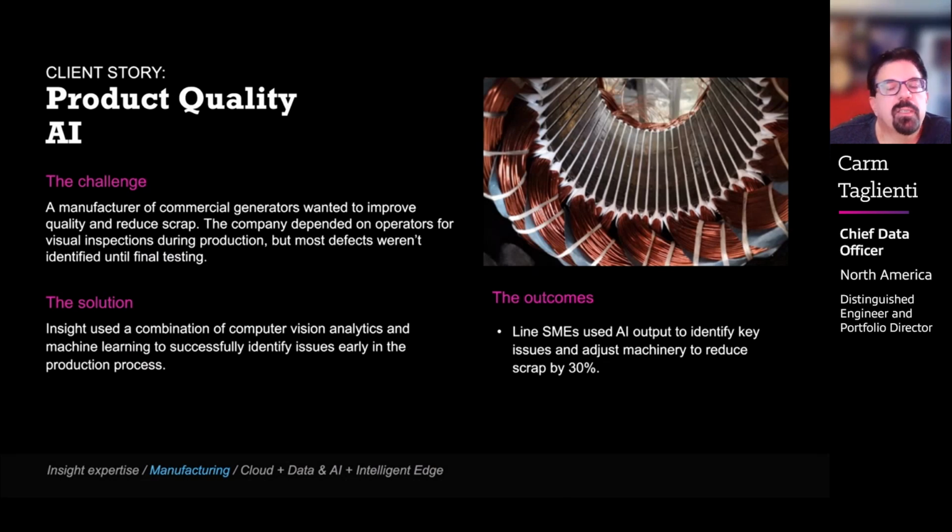So we first had to determine what data we would need in order to determine that. How do you measure improvement, for example? In this particular case, I'll just take the example of reduction of scrap. We can measure how much scrap we currently have when we're going through the manufacturing cycle. Now we can determine whether or not we were able to reduce that. Pretty easy calculation at that point. But you don't get to that easy calculation until you have the ability to understand exactly what the outcome needs to be. So that's one example.